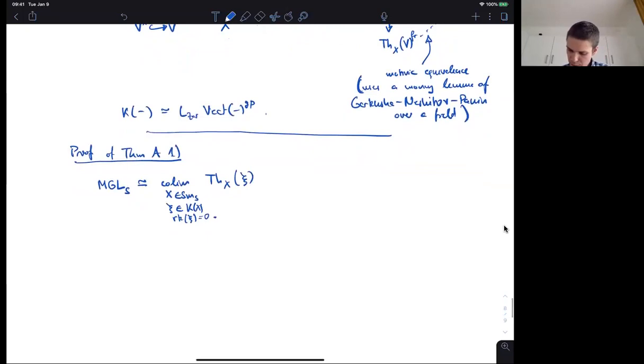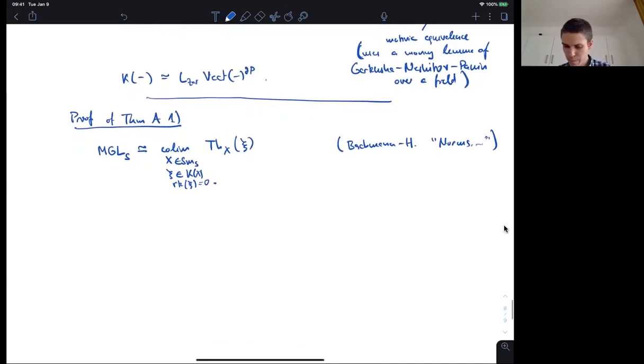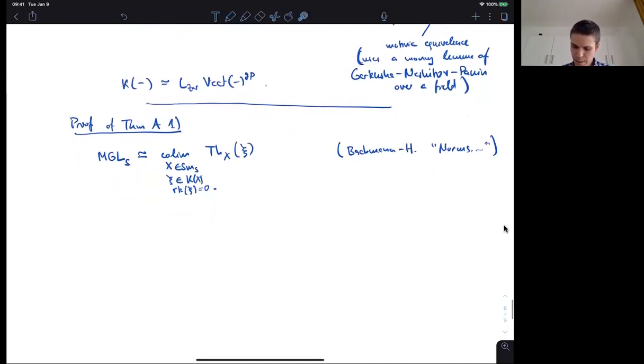I mean, this is not the usual definition of MGL. The fact that this is equivalent was proved by Tom Bachmann and myself in our paper about norms in motivic homotopy theory. And this is a description which is useful for some purposes. For example, from this formula, it's more or less formal that this has a canonical infinity ring structure, which is